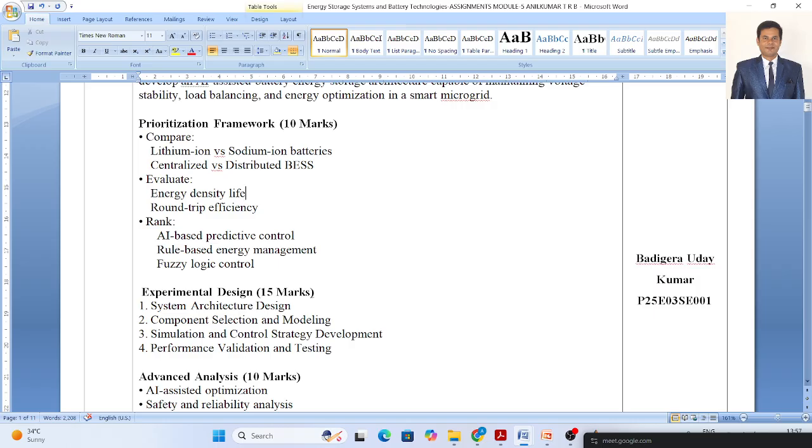Okay, we try to make the analysis by collecting all the data. Every time you have to collect the data and try to develop the models, right? So that is prediction. We have to make the prediction controls, right? So you have to make the AI based prediction control for your actual given models. Or else you can go for the fuzzy logic control also. So that is what you have to do.